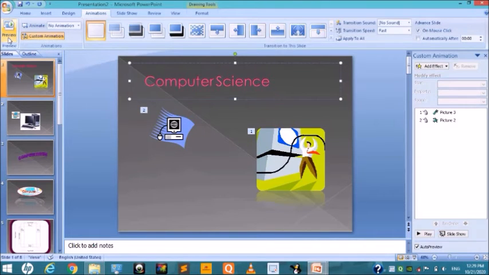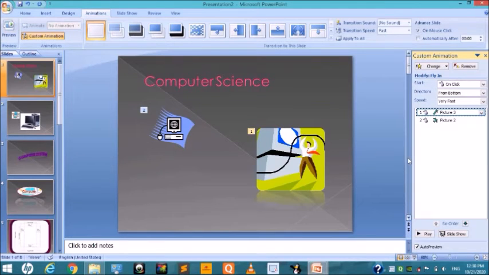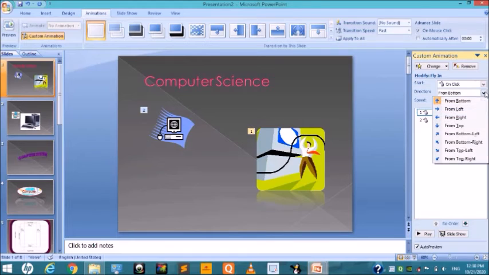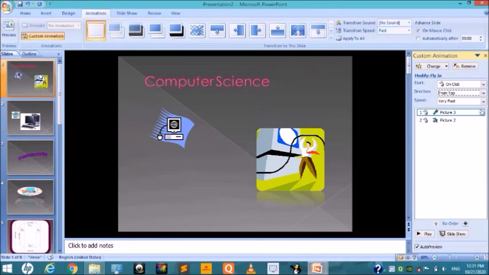Then the next is modifying the animation. Modifying means you just change the settings, like starting on click, with previous, or after previous. Also you can change the duration, and you can change the directions, like from bottom, left, right, or top.